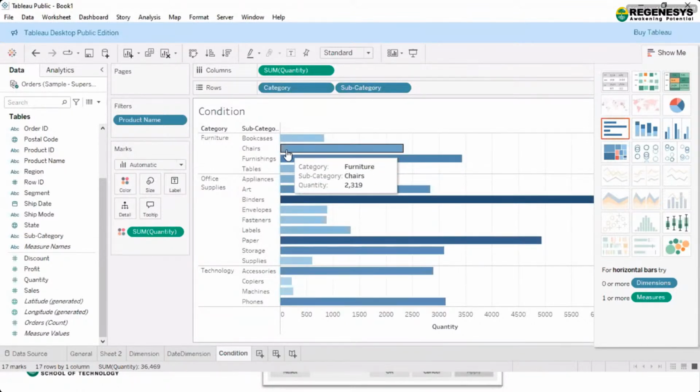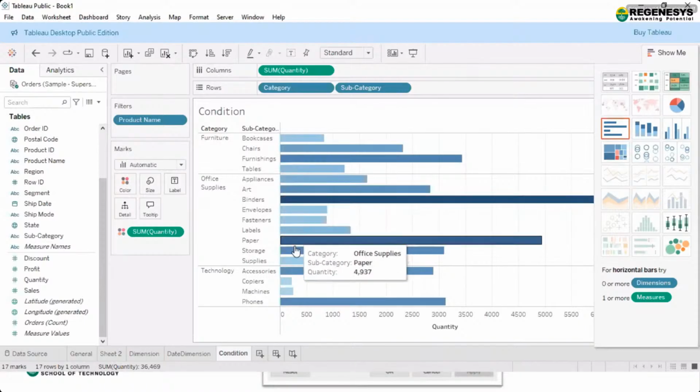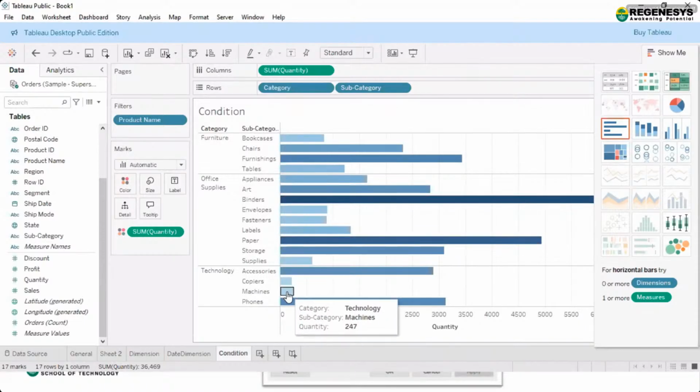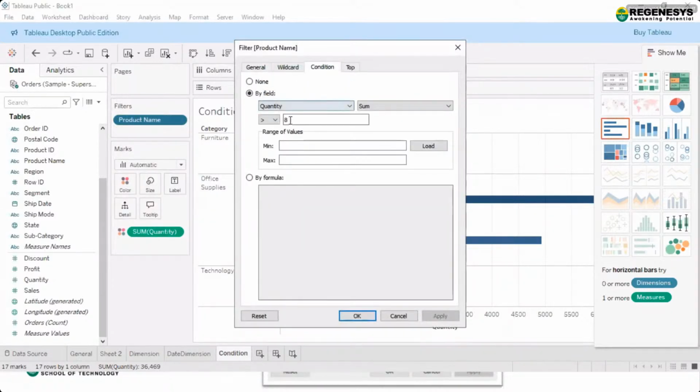So what I have done is specified that for the product name, the quantity is greater than 8. You can see here the quantities are all greater than 8. The remaining are not greater. For example, here we have copiers, that is 227. Now I just edit it, make it greater than 300, and I'm loading it.